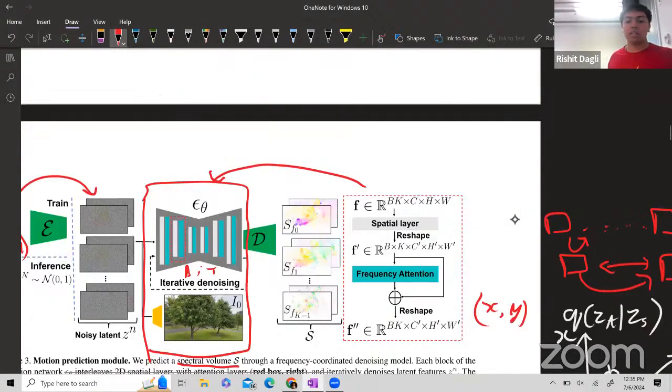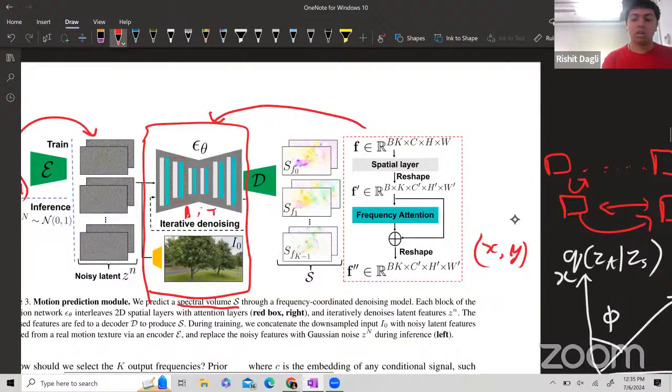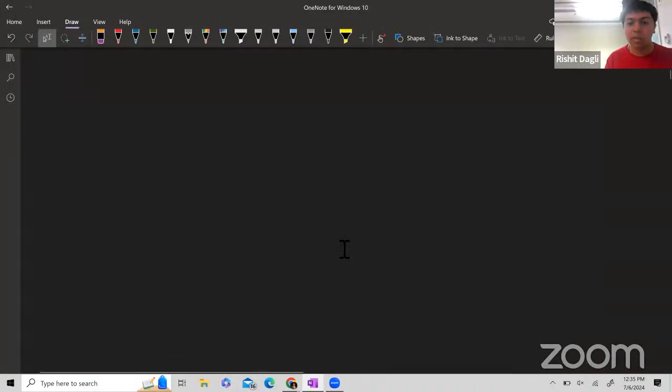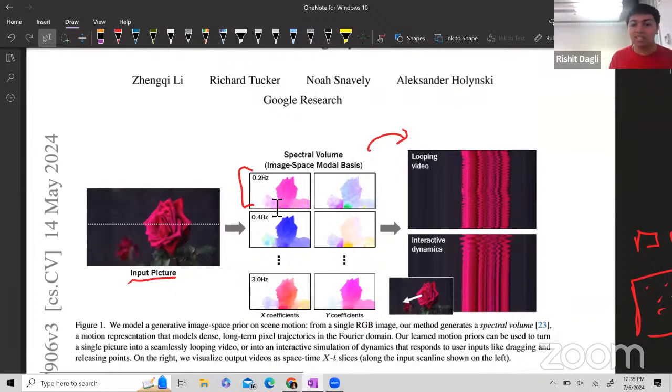So you have the latents after the decoder, you get the spectral volume, and now you have all of these spectral volumes and Fourier coefficients, and you can easily make that into a dense motion map. I guess this is not the best way to represent this. They had an example earlier in figure one, which is a better way to represent this.